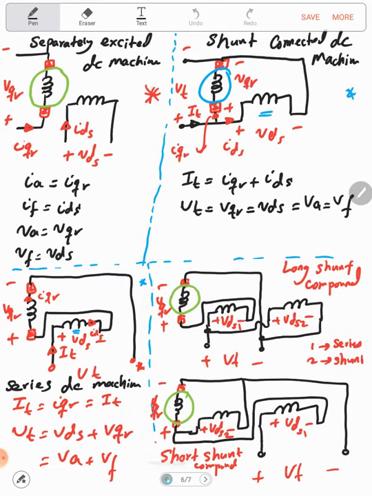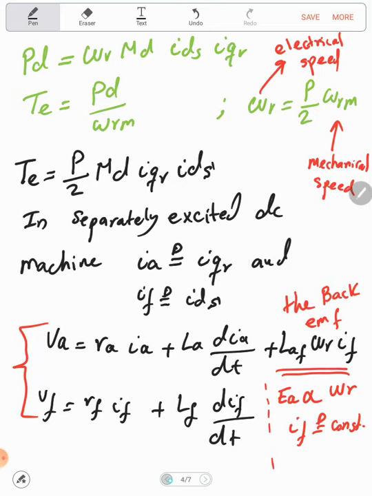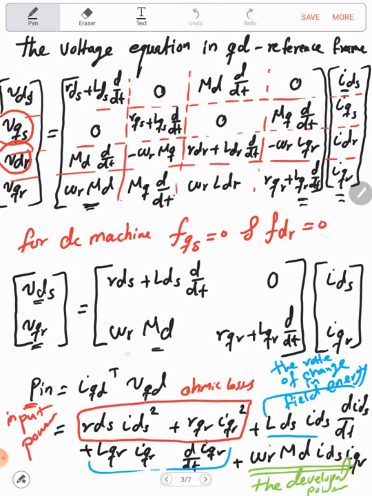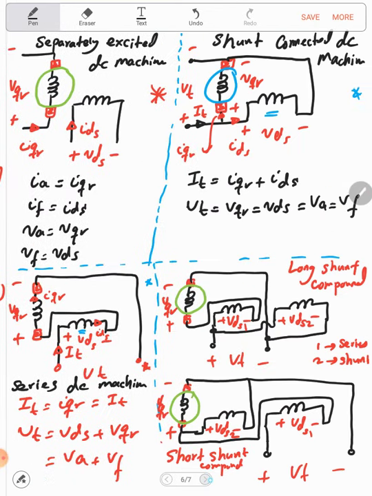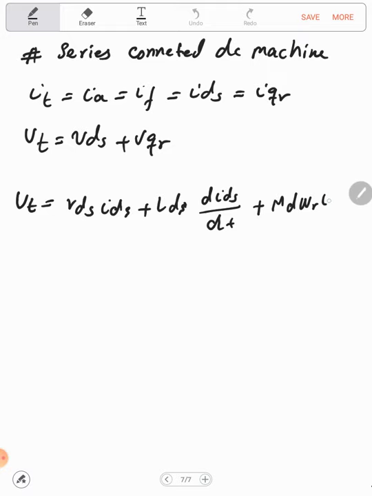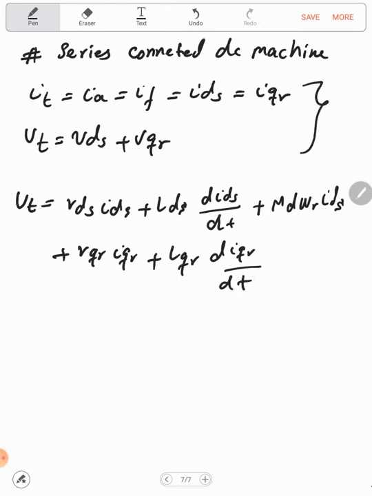The omega r was multiplied by IDS, plus RQR IQR plus LQR dIQR by dt. So now if we use the following notation, we'll end up with VT is equal to RF